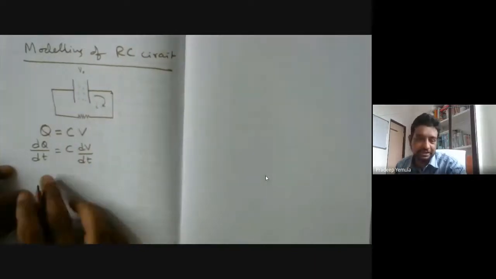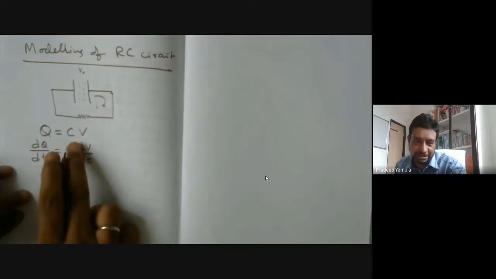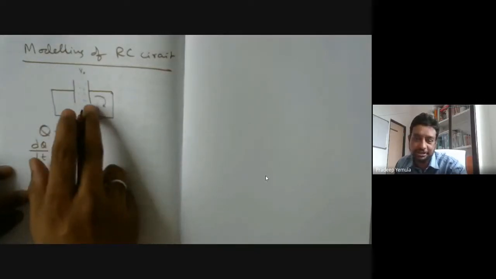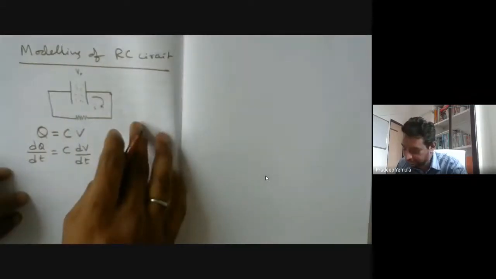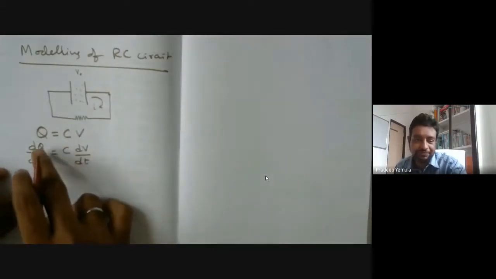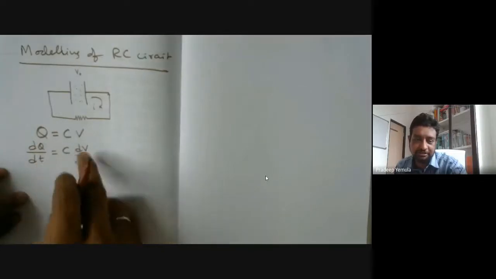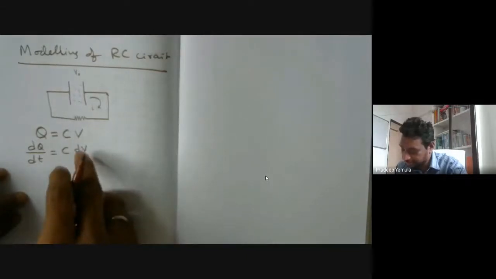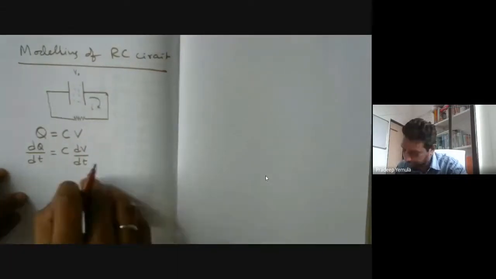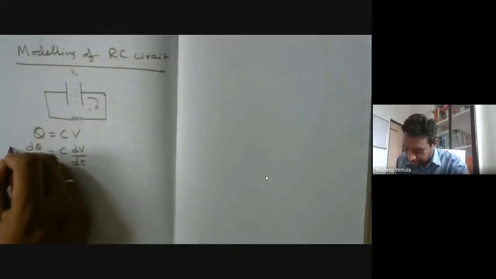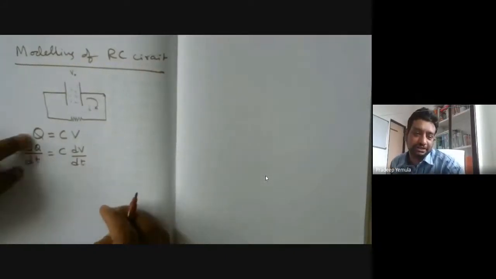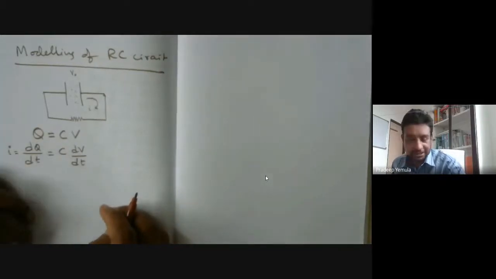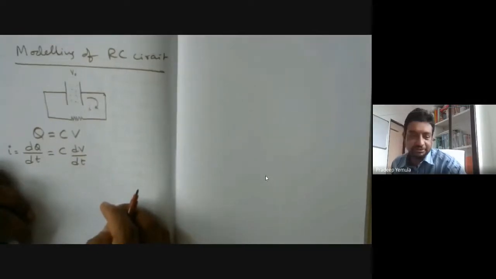So why is it like this? Because C is a constant. The capacitance depends on the plate distance, plate area, dielectric, etc. So C is constant. Therefore, the rate of change of charge is nothing but C times the rate of change of voltage. So you can also represent I equal to dq by dt. What is charge per time? Charge per time will be current. Now here again, the current will be proportional to voltage.